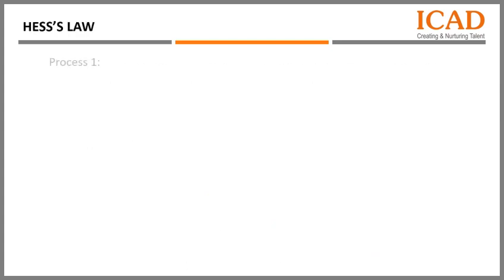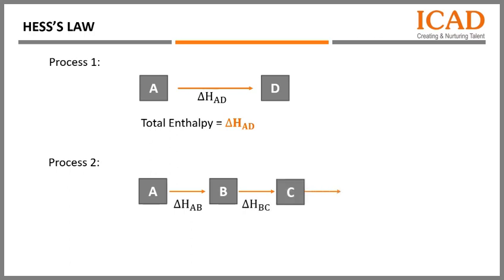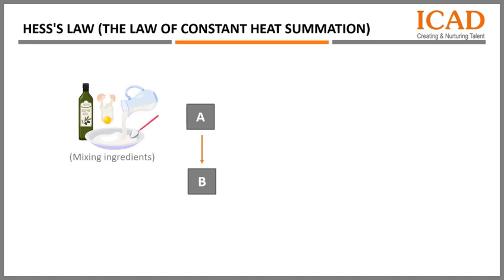We have a law to answer this question, the Hess's Law. It states that the total enthalpy change for a chemical reaction is independent of the pathway taken to achieve the final products. In simpler terms, it means that regardless of the route a reaction takes, the total heat change remains constant. Think of the cake-making process as a series of chemical reactions, from mixing the ingredients to baking the batter